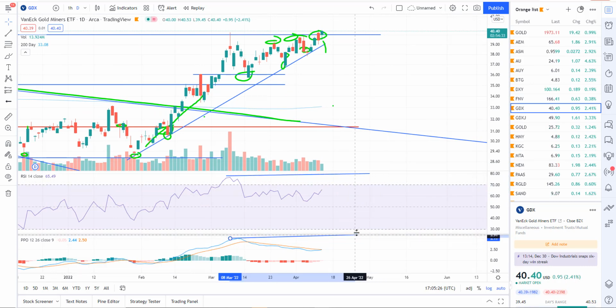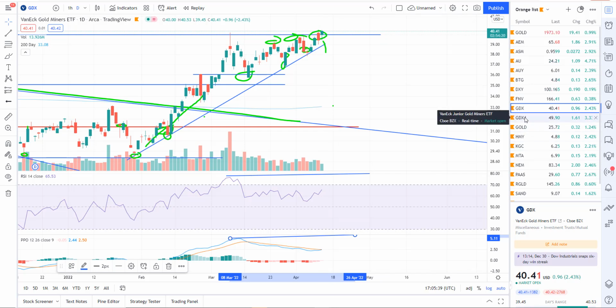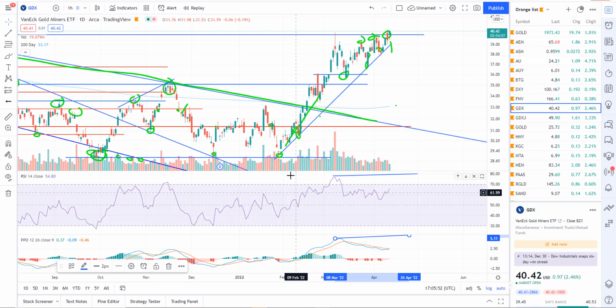In a strong bull trend, you often will take out divergences. So that's the way I'm leaning right now. I think we are going to break out in the miners to the upside just because gold looks to be breaking out. But again, I want to watch those together. If gold can get that breakout and continue to power on, the miners should do the same and take out these divergences. And that would be very bullish because you had a bearish setup and yet they burned through that. So keep an eye on that.